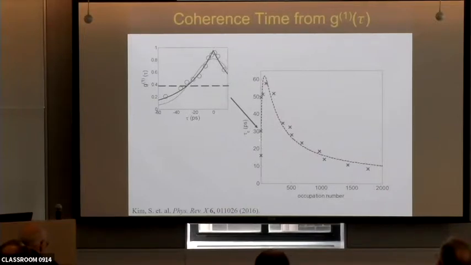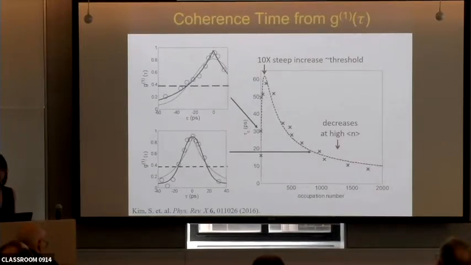And here's the result that shows how the G1 decays with tau, which shows a nice exponential decay corresponding to a Lorentzian line shape at low pump powers or just below threshold, where the coherence time increases, corresponding to the Schawlow-Townes line width. But higher above threshold, or at larger occupation number, the line actually starts to broaden and the coherence time decreases. At the same time, if we look more closely at the line shape, it turns from Lorentzian to Gaussian, or from exponential for G1 into a Gaussian decay in G1 of tau.